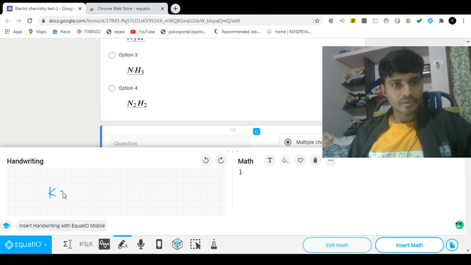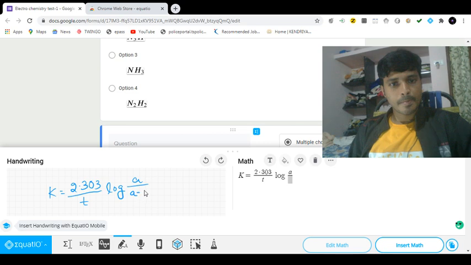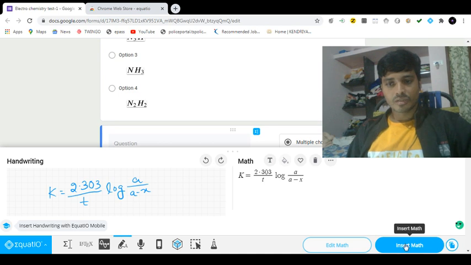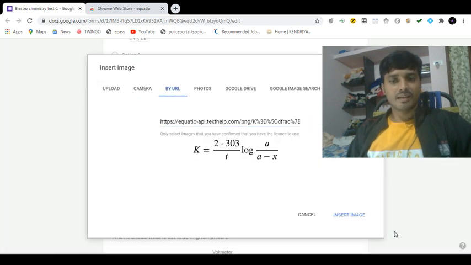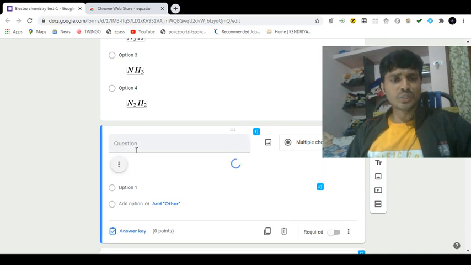K is equal to 2.303 upon t, log a upon a minus x. So this is how math teachers also can write their chemical equations. Insert math. An easy way to introduce my question here.